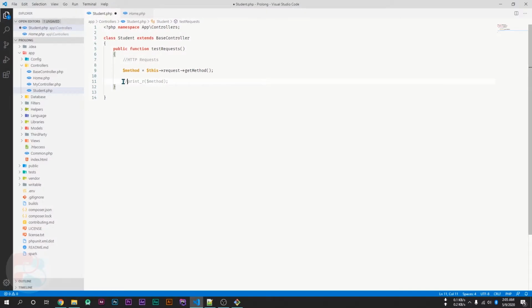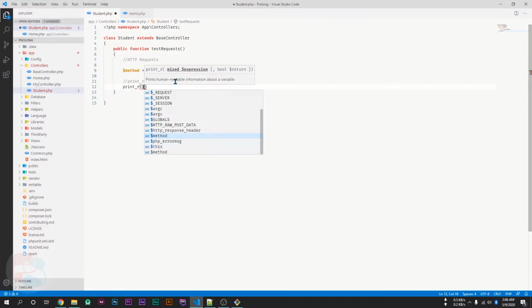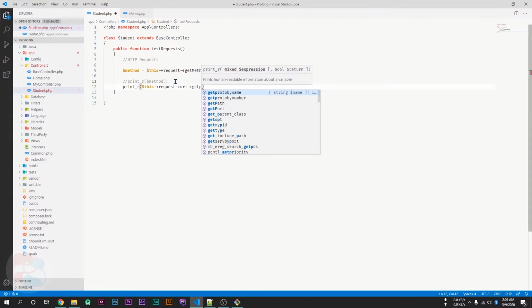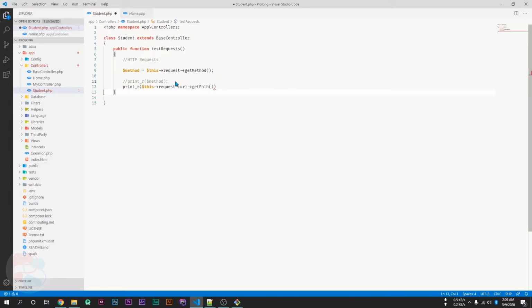We can also get the URL of the current function. For this, we can call request.uri.getPath. This function will return the current path where we are calling this function.